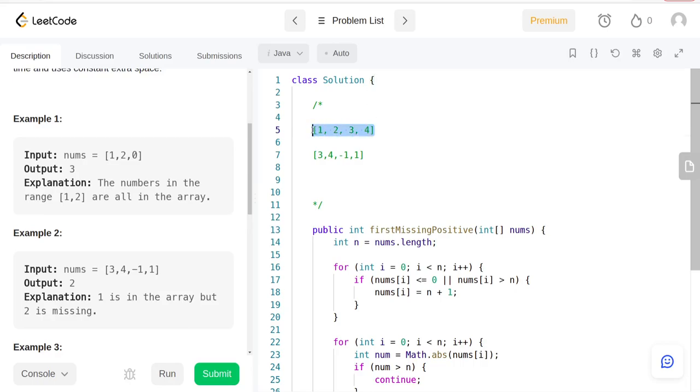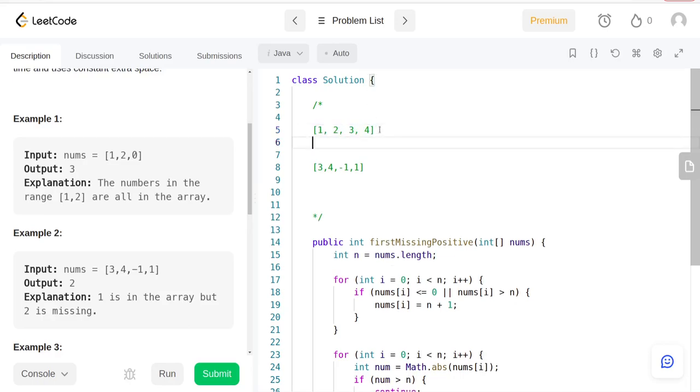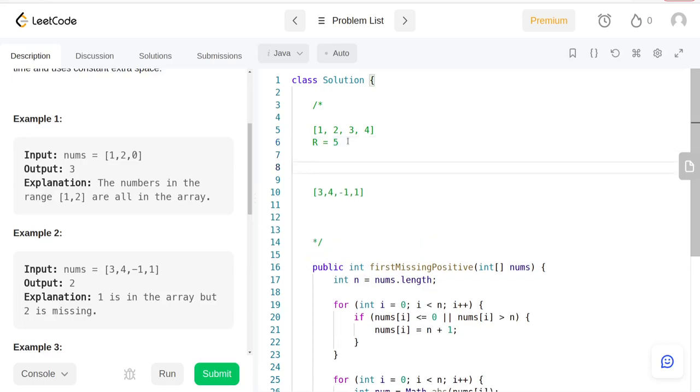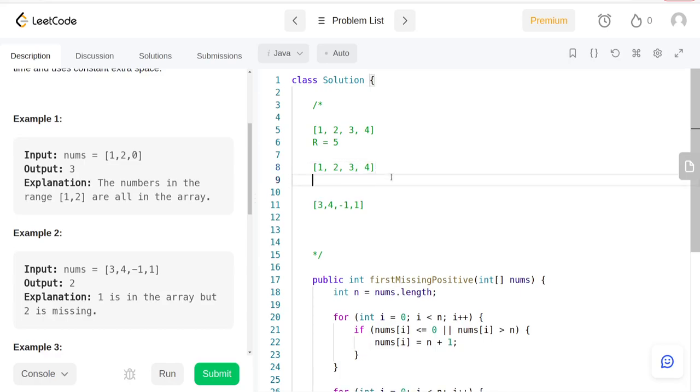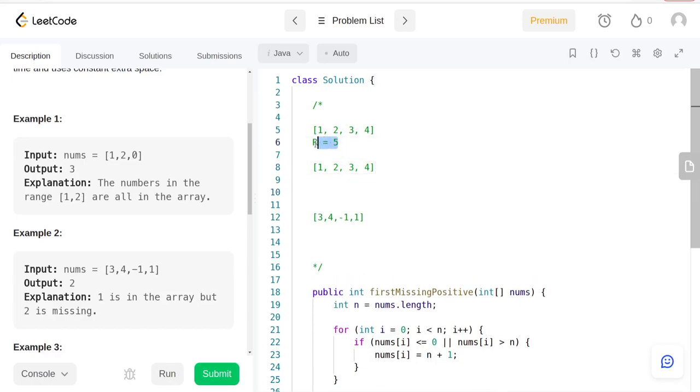In this case, we're gonna be returning 5 as a result, because 1 is there, 2 is there, 3 is there, 4 is there. Another observation is that if you have 1, 2, 3, 4,